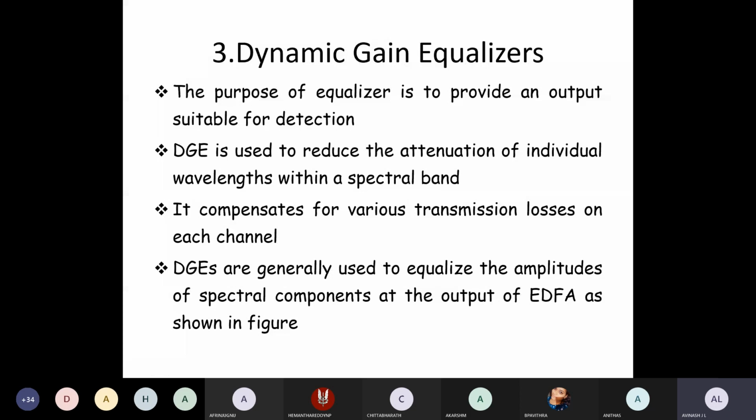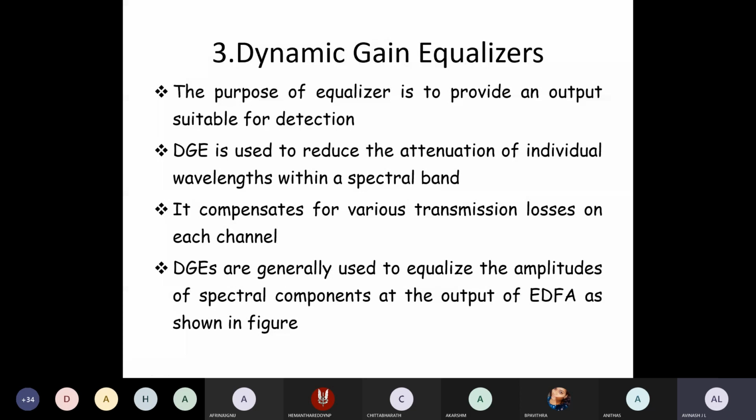One particular wavelength will be minimum, another will be maximum. It is something like mathematics. Once we take all the values, we find the median or the average value. That median or average value we consider as the output. Okay, so we are getting this particular thing. Next, what are the other applications of the dynamic gain equalizer?